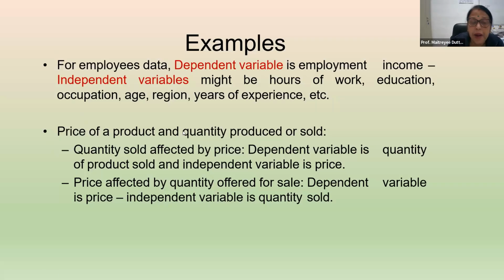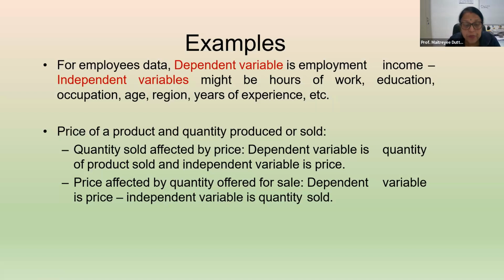Similarly, take the price of a product and the quantity produced or sold. You can find out in both ways. One example is quantity sold affected by price. That means here quantity is dependent and it is affected by price, which means price is independent. That means how much the quantity of the product sold is affected by the price. If the price is less, then how many units are sold, and if the price is more, how is it affecting